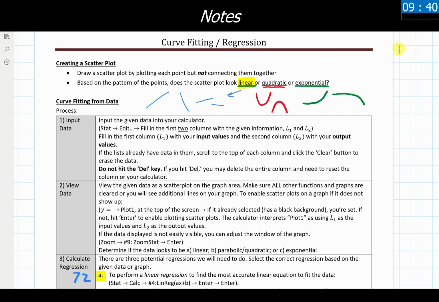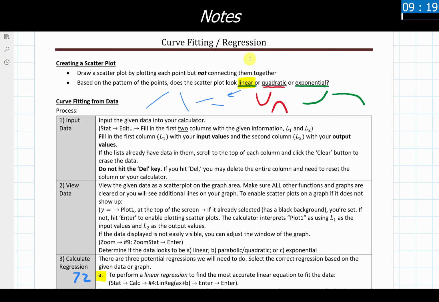In this video, we're going to be covering curve fitting and how to do various regressions. Now, we're not going to be doing any particularly advanced regressions, and we're going to be using a graphing calculator to do all of these in this entire process for this video. So if you're looking for more advanced ways to do regressions, that's going to be in a separate video.